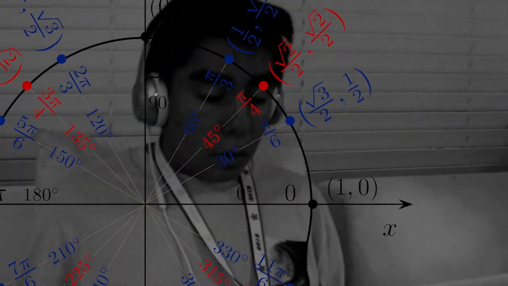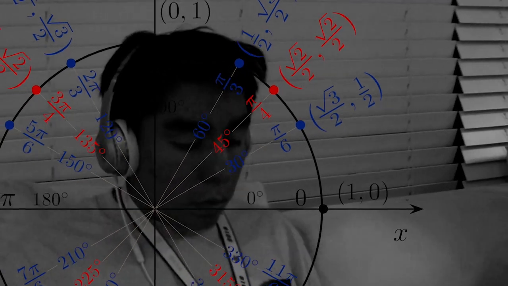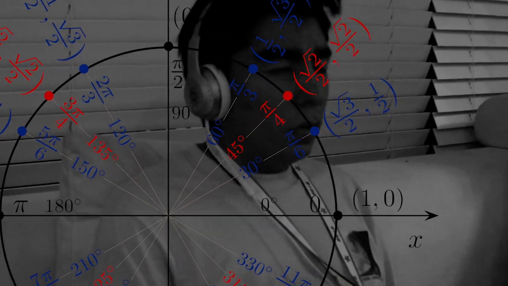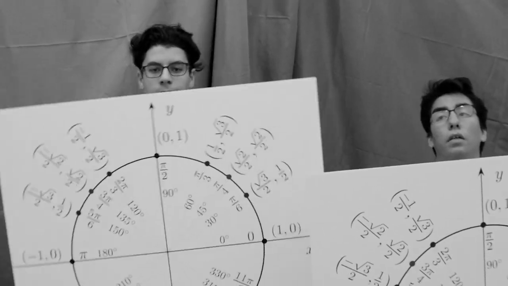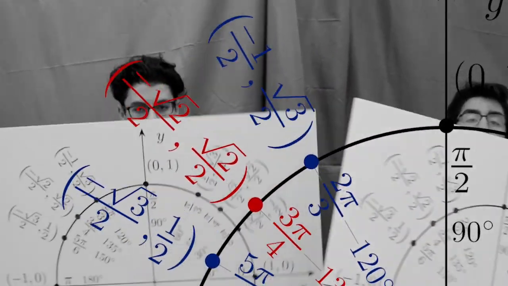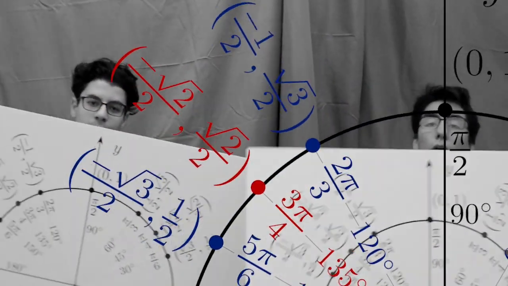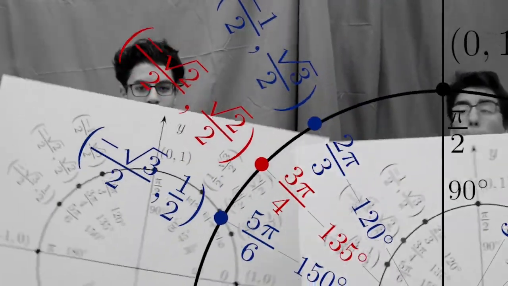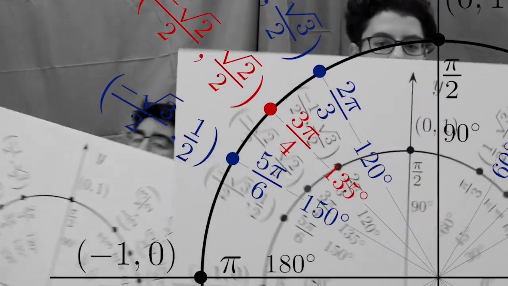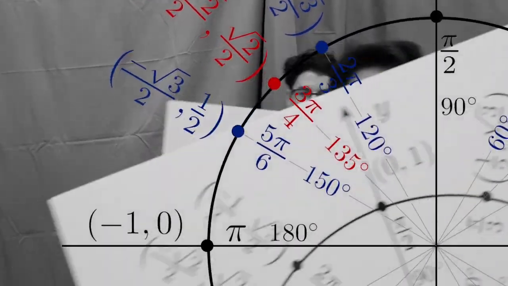Now we're in the second quadrant. Cosine is negative, sine is positive. 120 degrees, cosine is negative 1 over 2, sine is root 3 over 2. 135, cosine is negative root 2 over 2, sine is root 2 over 2. 150, cosine negative root 3 over 2, sine 1 over 2. 180, cosine is negative 1,